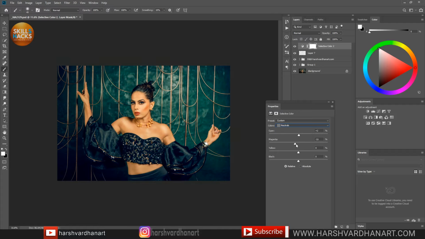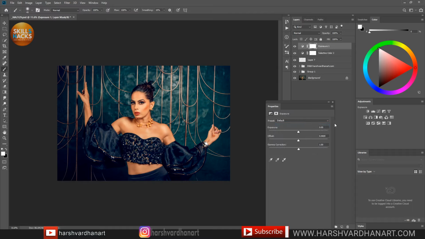and let's add a little bit of magenta and take away the yellow and make it a little darker, something like this. And let's create a new exposure adjustment layer and increase the gamma correction to something like